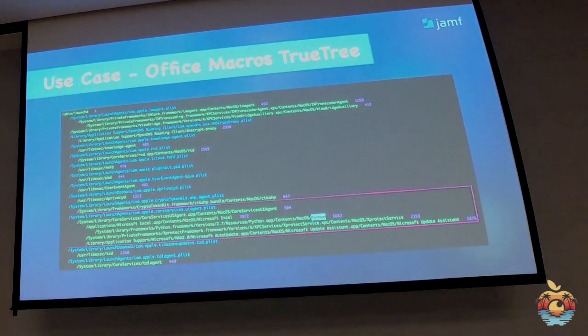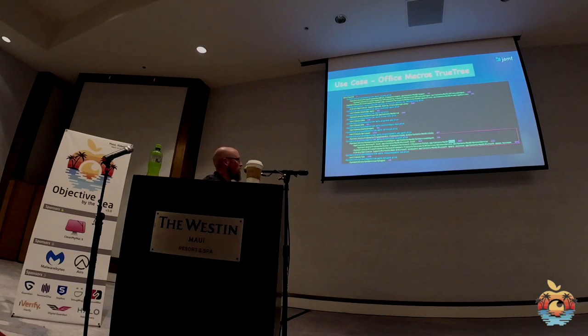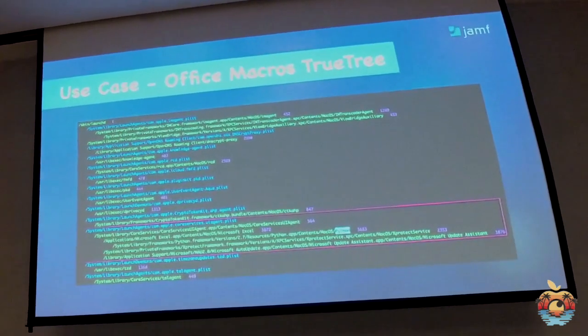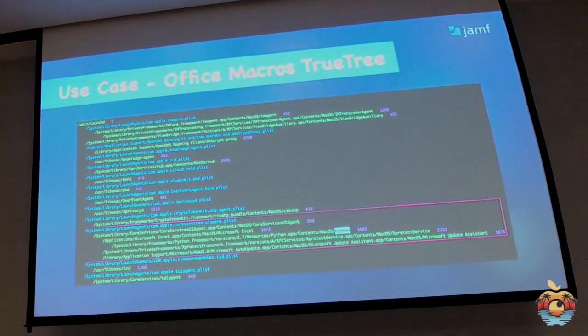But this is still an Office macro. And instead, in the TrueTree layout, we see that Core Services UI agent creates Microsoft Excel, which then creates this Python backdoor. I kept seeing Core Services UI agent as the parent of a number of different processes that would spawn. After going to Scott Knight's blog, which was awesome, he has brief documentation on some reverse engineering he did for Core Services UI agent. What I was able to piece together, in a very brief sum up, is essentially that Core Services UI agent is capable of taking